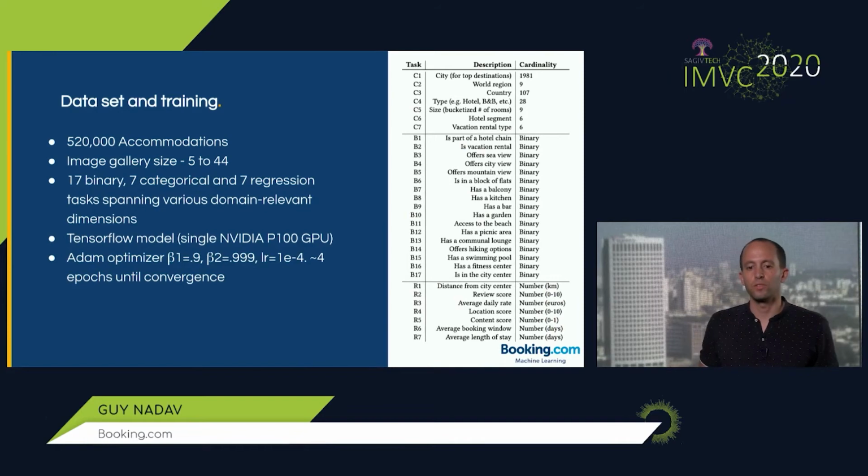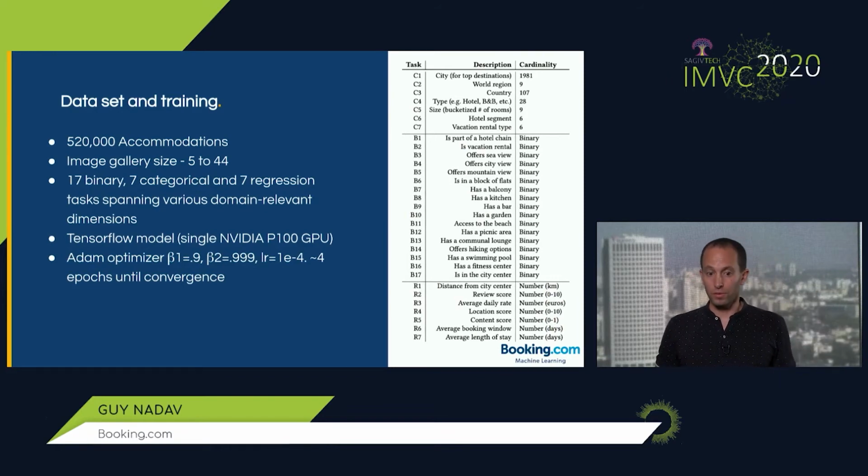Let's get a little into the training details. First, on the right, you can see the different tasks used for training. It consists of categorical tasks like predicting the country of the property and also the city, which has the highest cardinality. It also consists of binary tasks like understanding whether the property has a picnic area, access to the beach, a kitchen, balcony, etc. And lastly, regression tasks like the distance from city center in kilometers or the average length